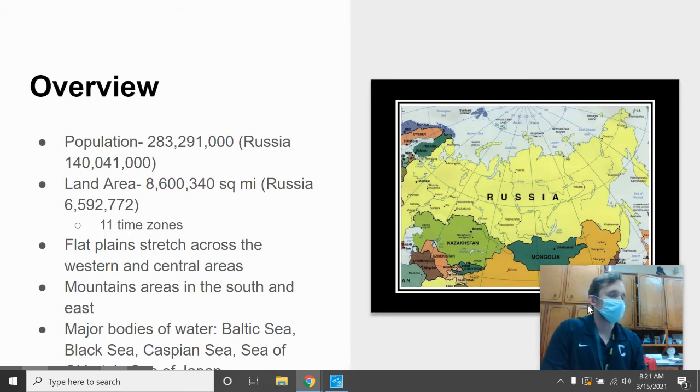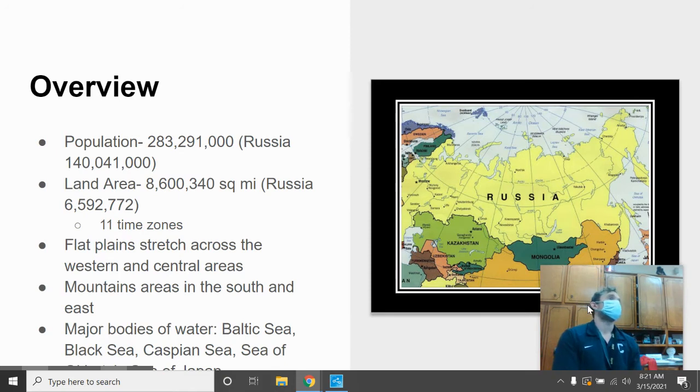So 11 time zones. The whole area has over 283 million people living across there. Russia has about 140 plus million. And this, of course, has probably changed some by now. This book is a tad bit old, but they make up most of it, as you can see.